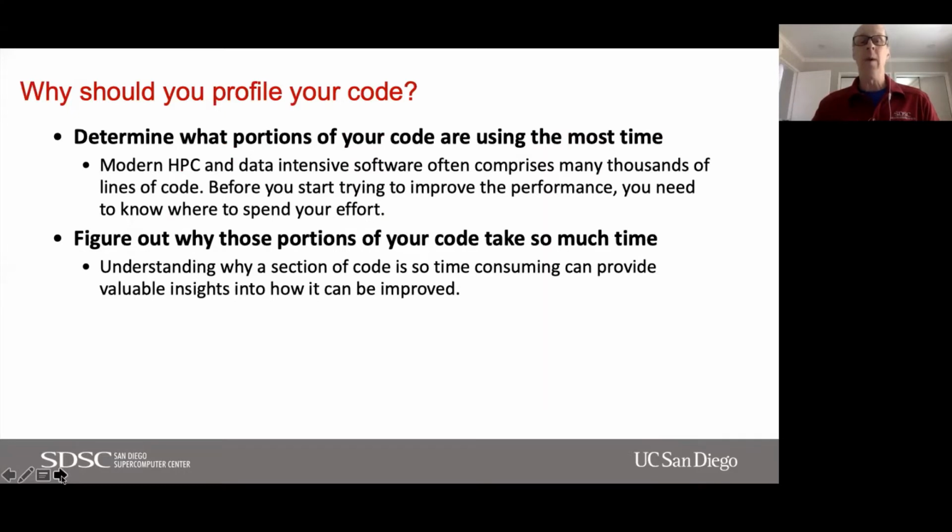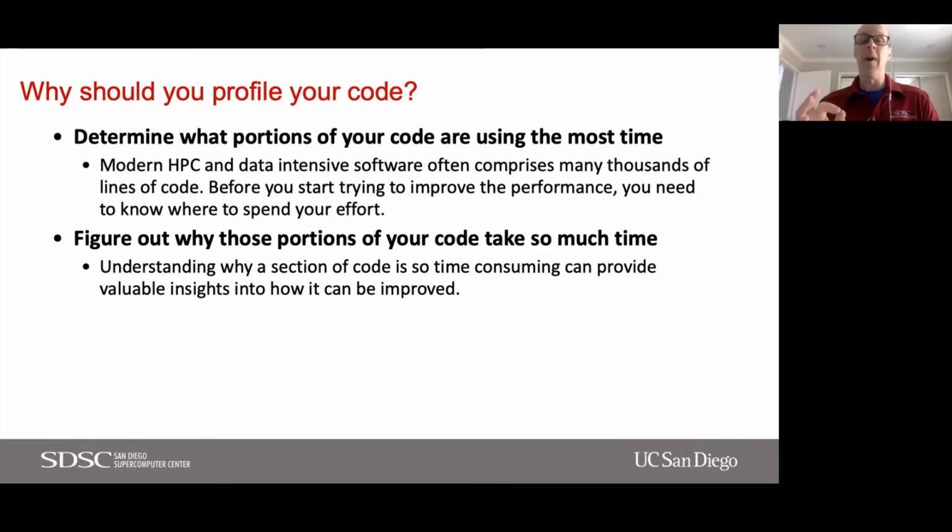All right, so we're going to start off with profiling code and why we would want to profile our code. Let's say you have an application and you'd like to improve its performance. We're not talking about a highly optimized third-party application like Amber or Gaussian, but rather code that you've written yourself or developed with collaborators. Let's say it's just taking a long time to run, and you would like to reduce your runtime. There are a couple ways you could do that. One is to parallelize your code or improve the scalability. The other is to look at the underlying serial algorithms and see if you could speed them up.